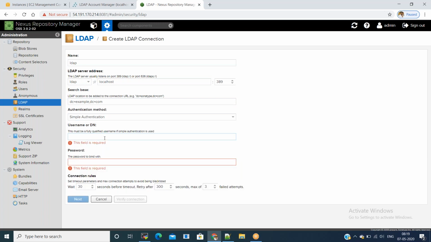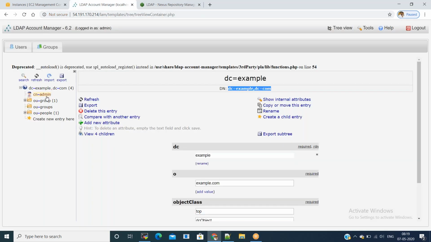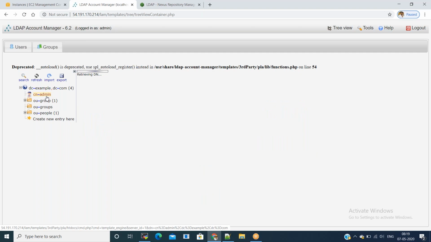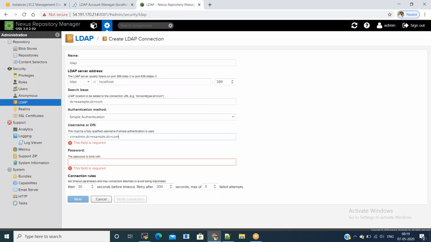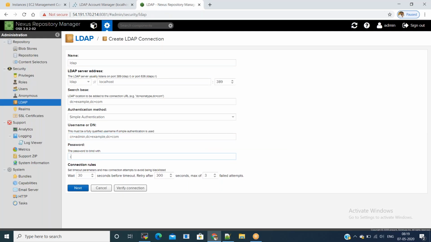And it is asking for username or DN. Again, go back to the LDAP account manager, click on cn=admin and copy this one. Password, whatever you kept previously, give that password. Verify connection. Now we are able to connect to the LDAP server.